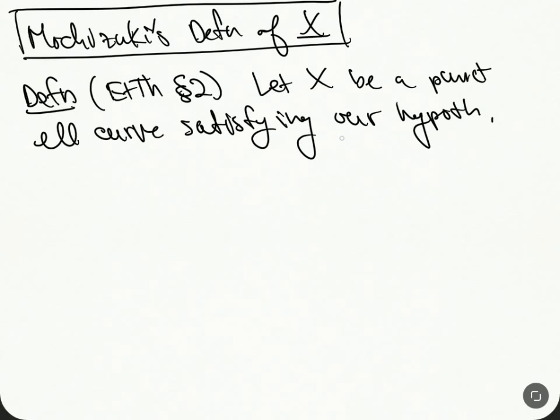Our hypotheses were that K had all the L-torsion points, and another thing that he assumes later, but I don't think we need it now, is that the image of the Galois representation contains SL2(F_L). So let X be a punctured curve satisfying our hypotheses, and fix